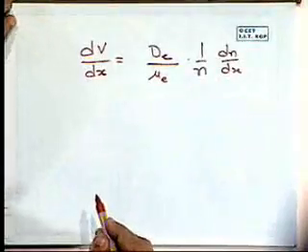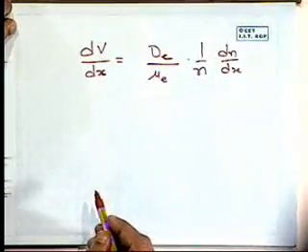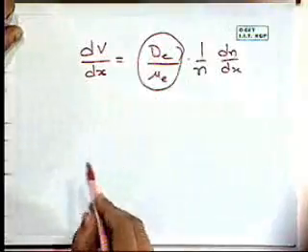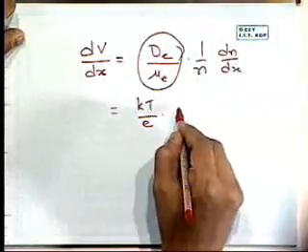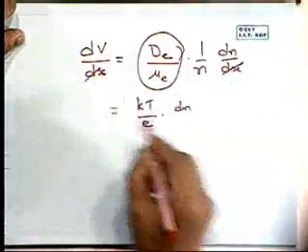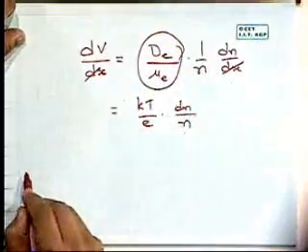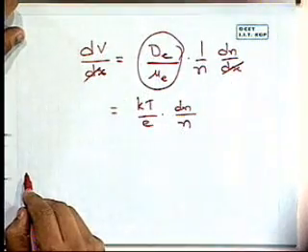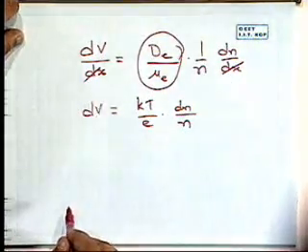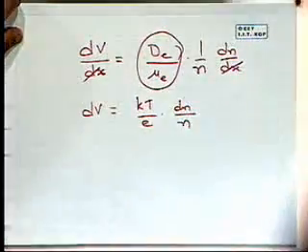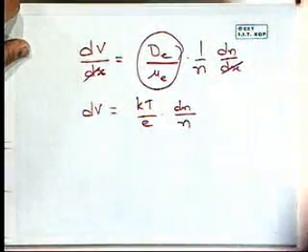What is D_e over mu_e? We just saw Einstein's relation. So I can write that as kT/e, and the dx terms go, so dn/n. All right? So I simply get dV is equal to kT/e dn/n,